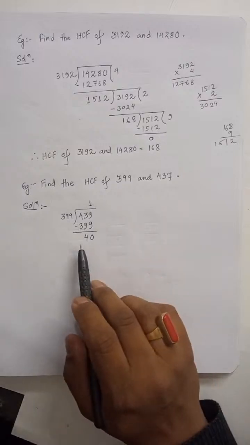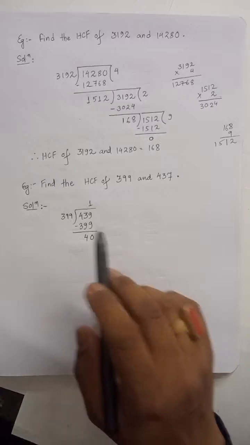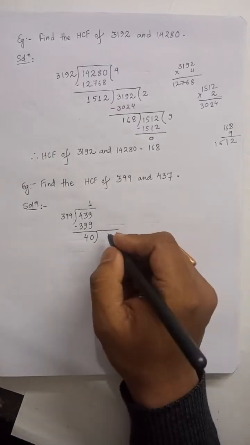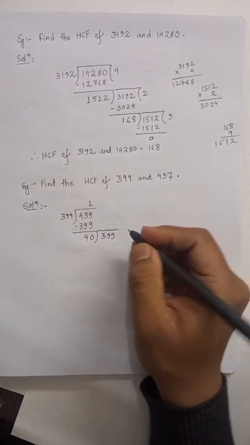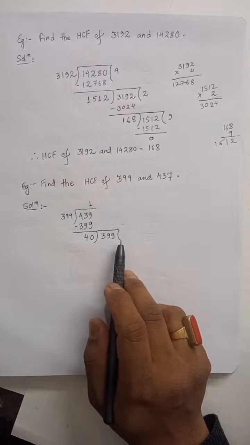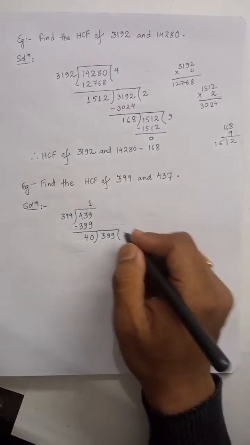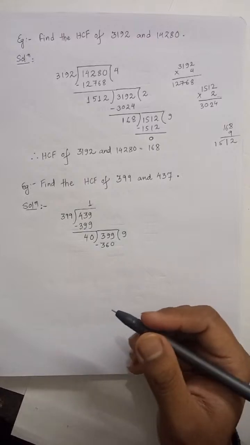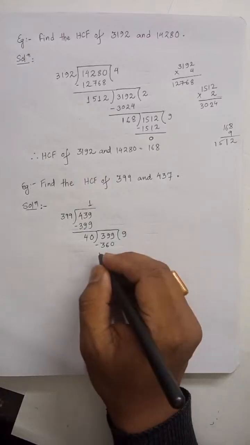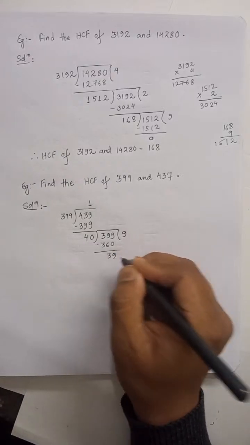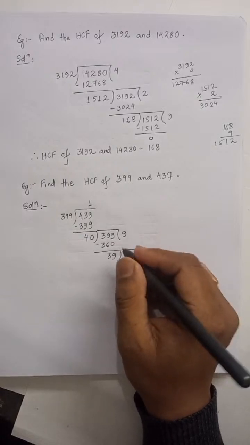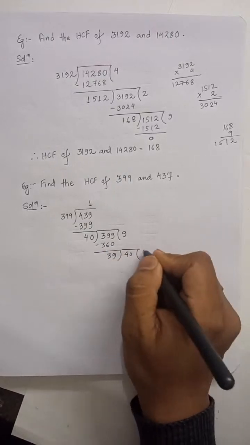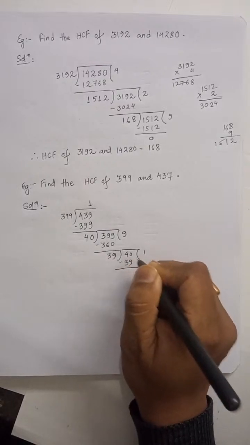Okay, so whatever the remainder is will now become our divisor, and whatever our divisor was will become our dividend. So we have 399. So 4 into 10 is how much? 400. So we are just one shy of 400. So we have to take 9. So this is 360, because 9 into 4 is how much? 36. Okay, so 39, and our new divisor, new dividend will be 40. So 39 into 1 is 39. Remainder is